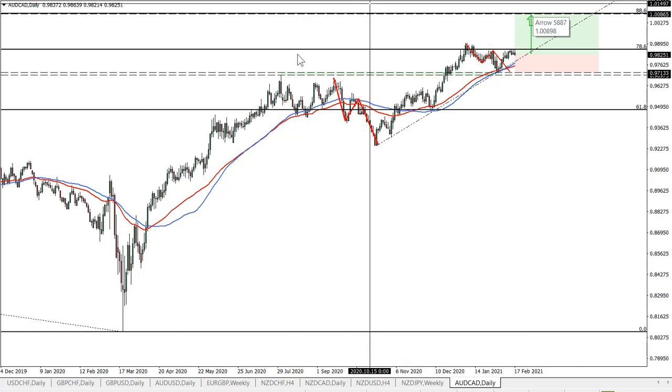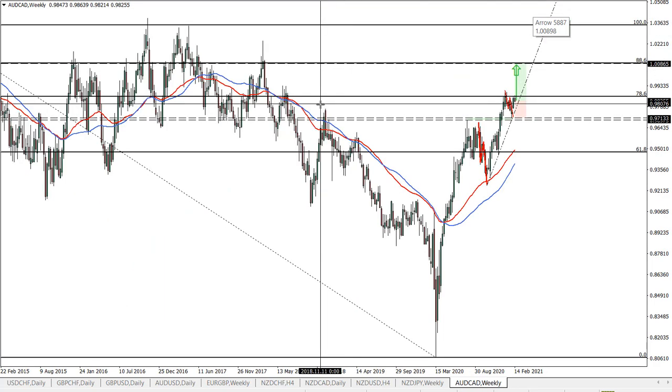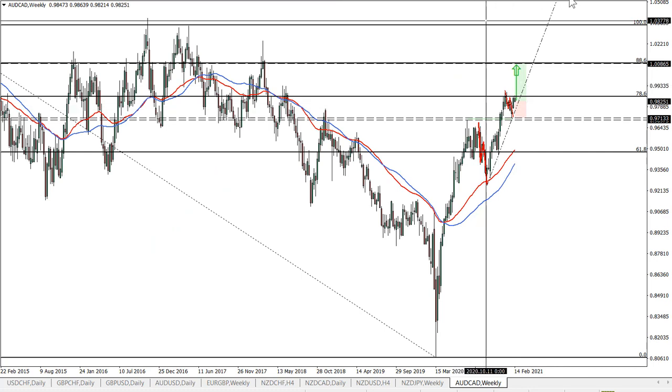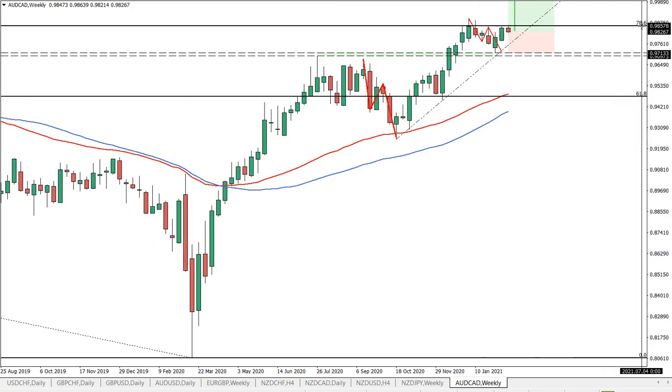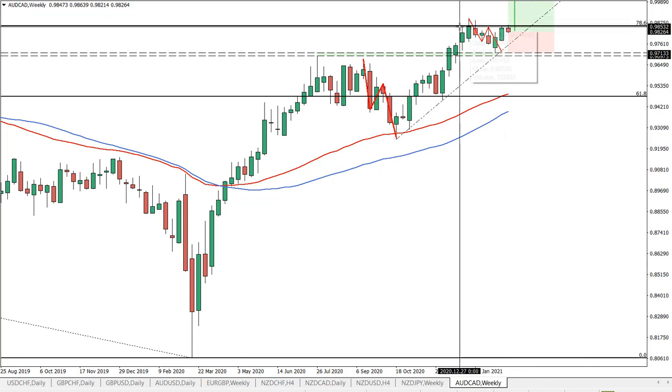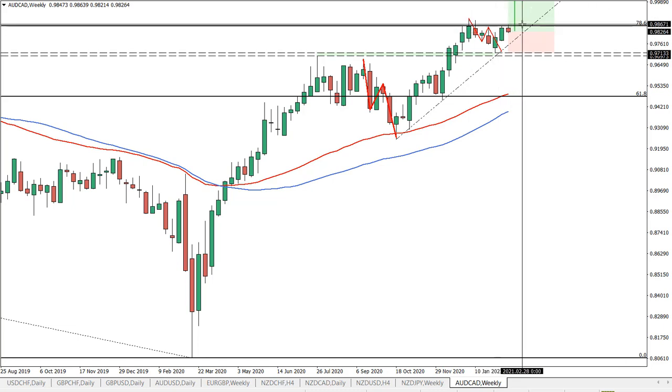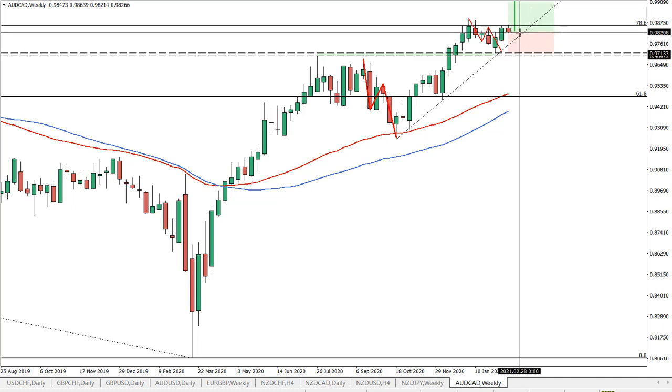But on the other hand, we need to consider that on the weekly chart, there was this rejection of the 78.6% fib. So there is certainly some selling pressure forming. We saw this bounce yet again here. There was no break and close above this resistance area on the weekly chart. There was on the daily, not on the weekly. And this means that it's still a little risky to buy, but the probability still remains in favor of the